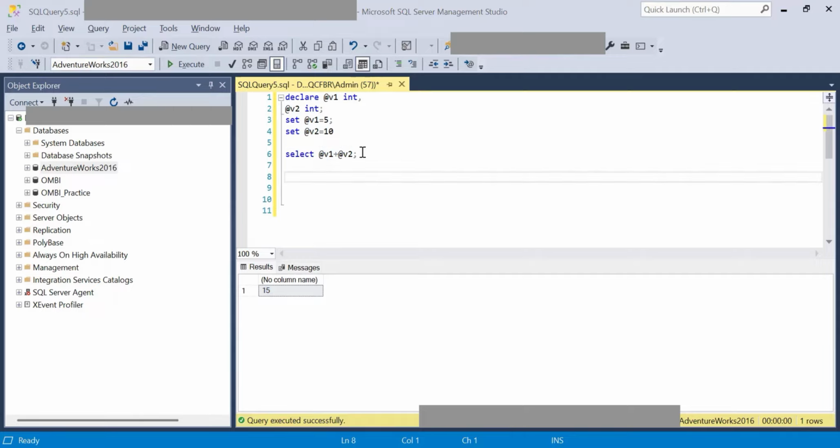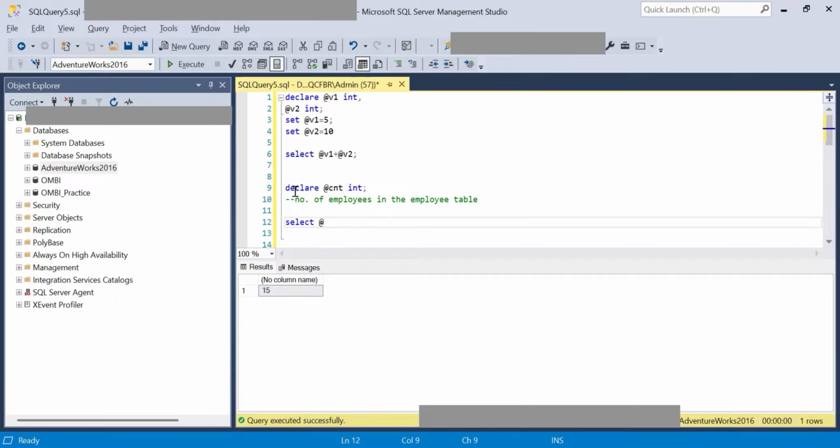This was one way of assigning values, that is using set, but SQL Server also allows us to assign values using a select statement. For a simple variable assignment where we directly use a value, we can make use of set, but in case you want to assign a value from another table, the select keyword makes it more convenient to do this. So let's declare a variable @count, and into this I want to store the number of employees in the employee table. For this, what we do is we just say